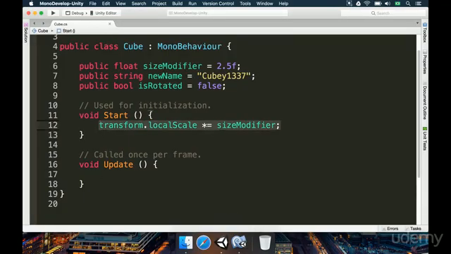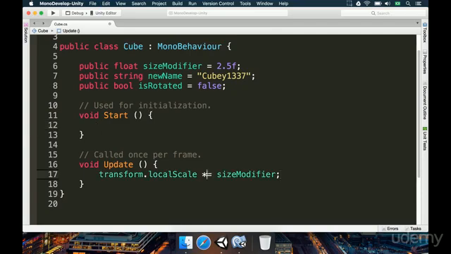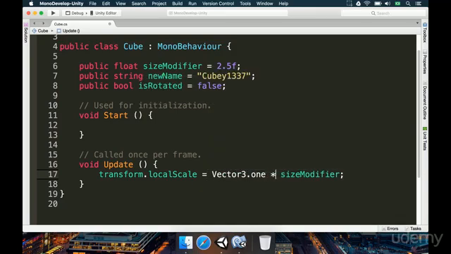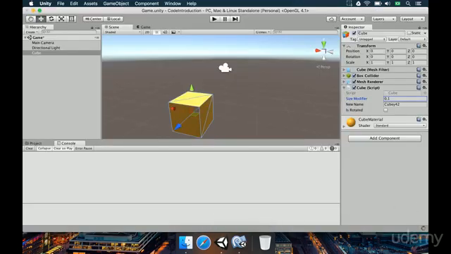Okay, we're going to cut this line that we added here in the start method. We're going to put it here in the update method, and we're going to change a few things. So we have transform.localScale. Instead of multiplying, we're going to say that it's equal to Vector3.one multiplied by size modifier. So this time we're hard setting it to be the original vector, okay, so 1, 1, 1, multiplied by whatever we have here. So if we save this, go to Unity and wait for this compilation to complete,